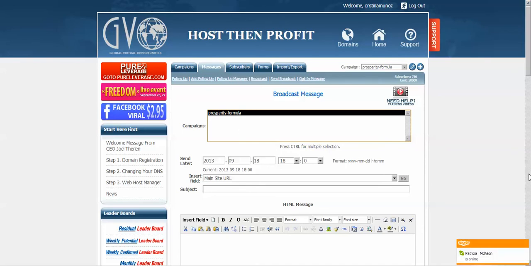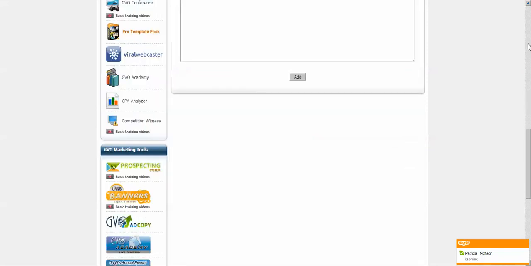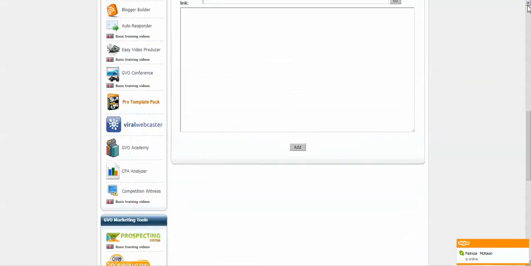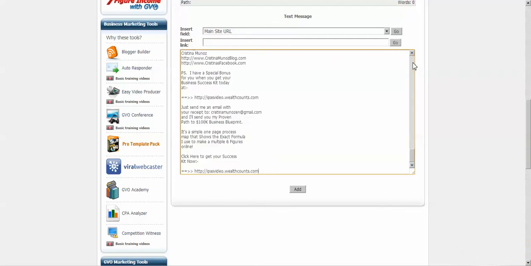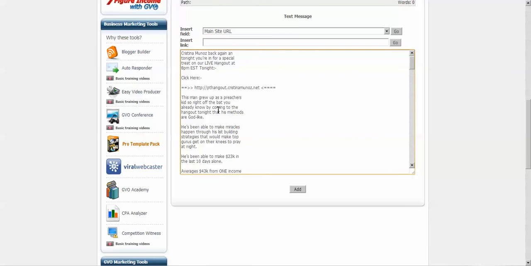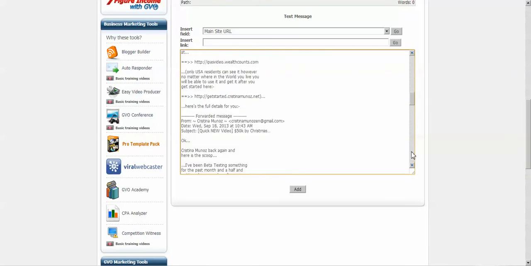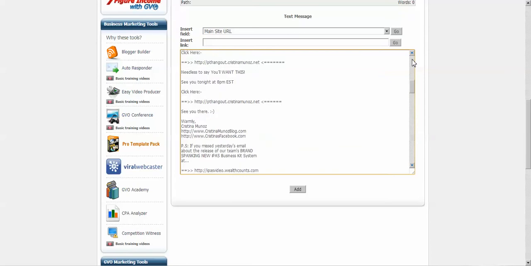Then what you want to do, I've already obviously copied my text message. I'm going to go down to my text message. Okay, so if you had typed your own email in your text, say your own email that you're going to send out, what you would do is first put it in the text area, and you want to make sure it's looking nice and pretty and it's copied beautifully there. I don't have to do anything to it because I've already done it in my text doc.